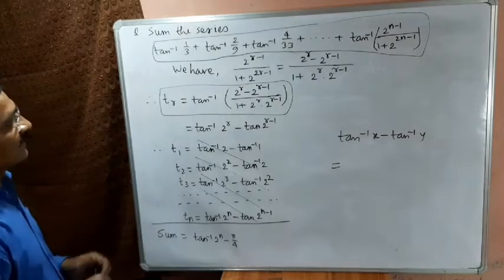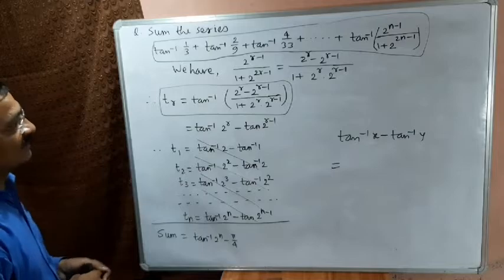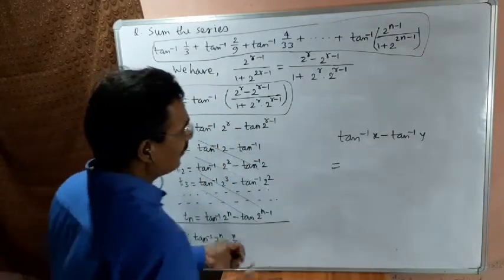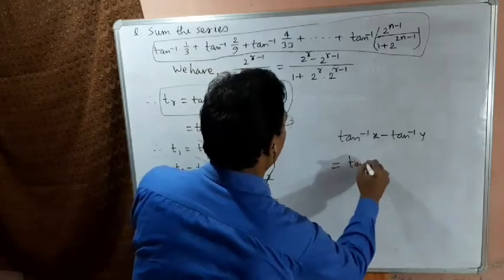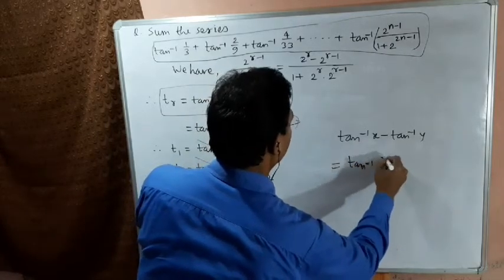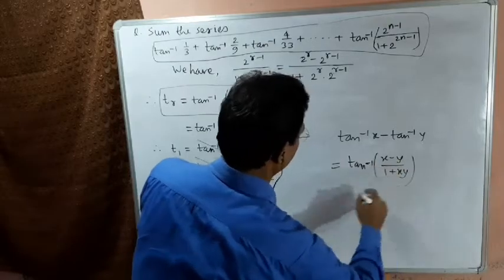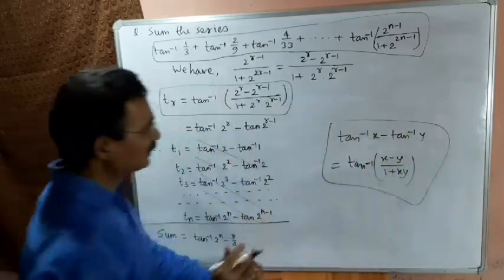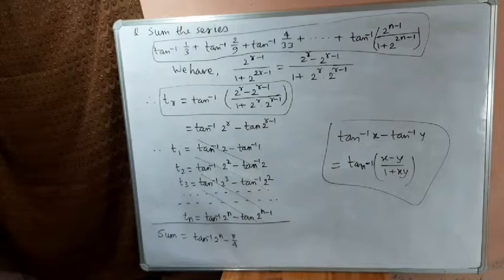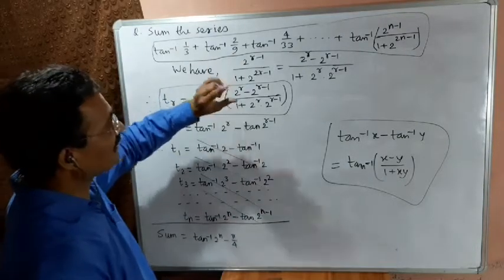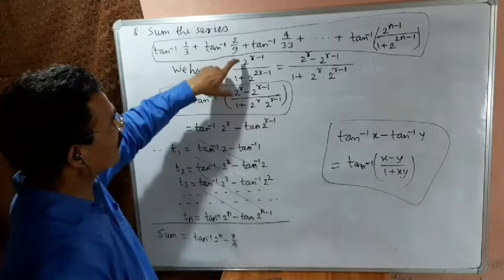Therefore, here we are trying to express this in tan inverse something minus tan inverse something. Now we remember this formula, tan inverse (x minus y) by (1 plus xy). This form should be noted in mind. And now, whatever be the quantity in the rth term with tan inverse,